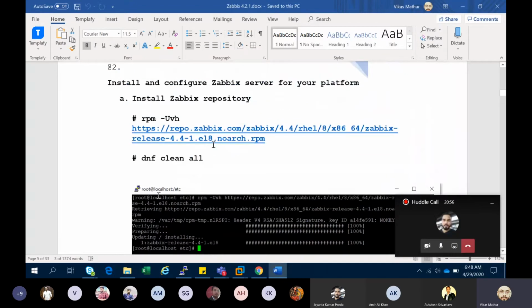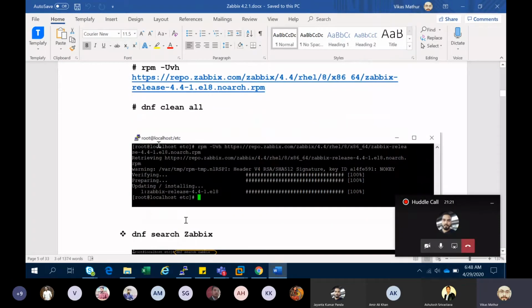When I run this command, an RPM is a bundle of packages. A package is basically source code, and a dependency is also source code, but your source code needs other source code for execution. This is the simple definition. When you execute this command, it will recompile, verify, and update.